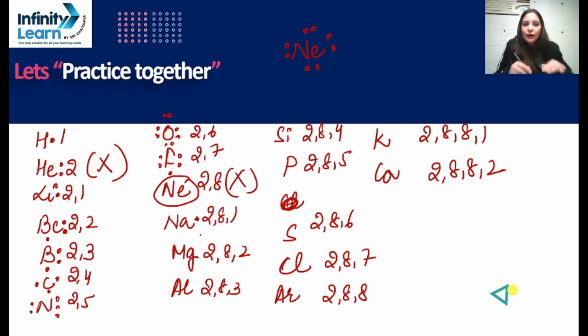Sodium 1, so again you can repeat like this, the same way you used to represent 1 to 8 as a valence